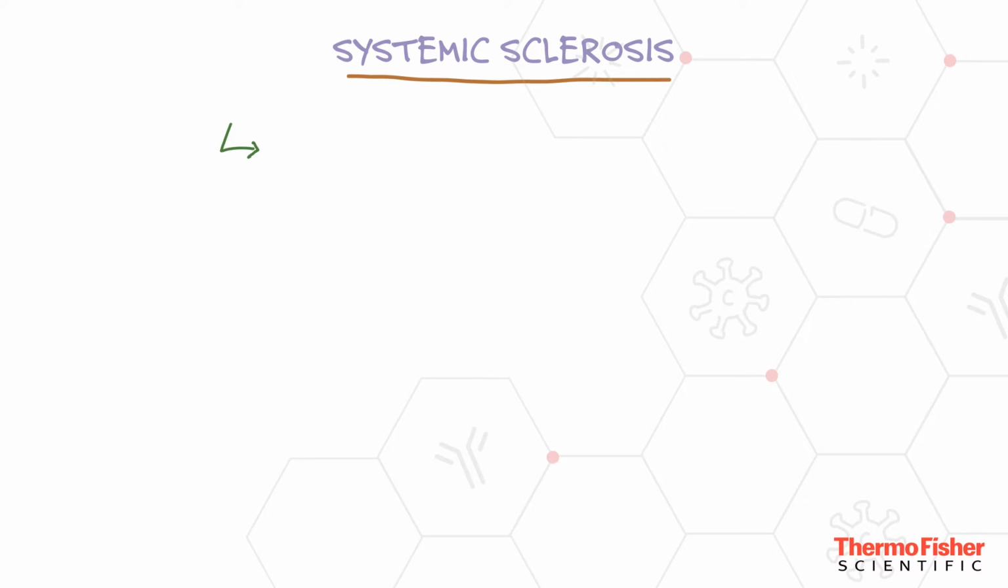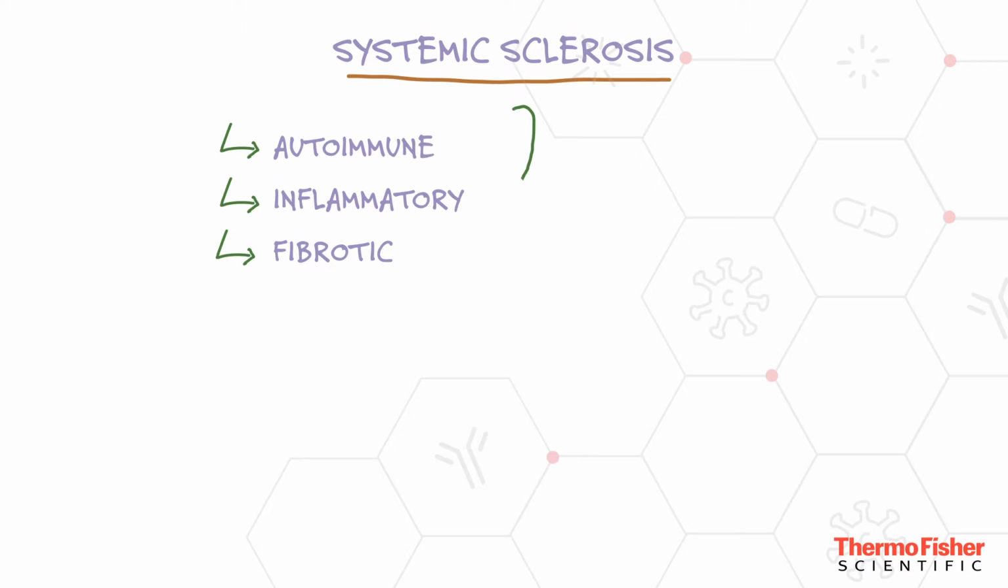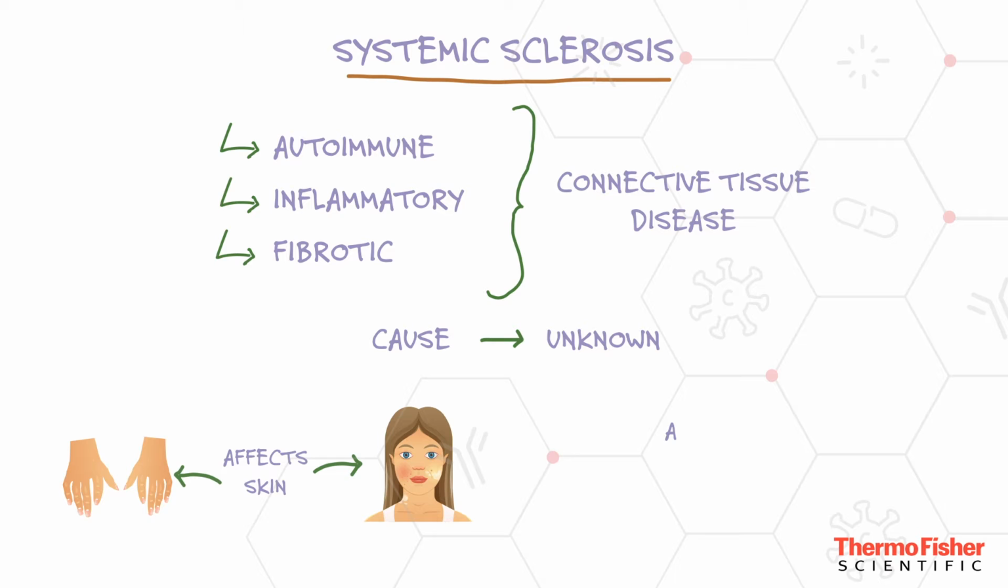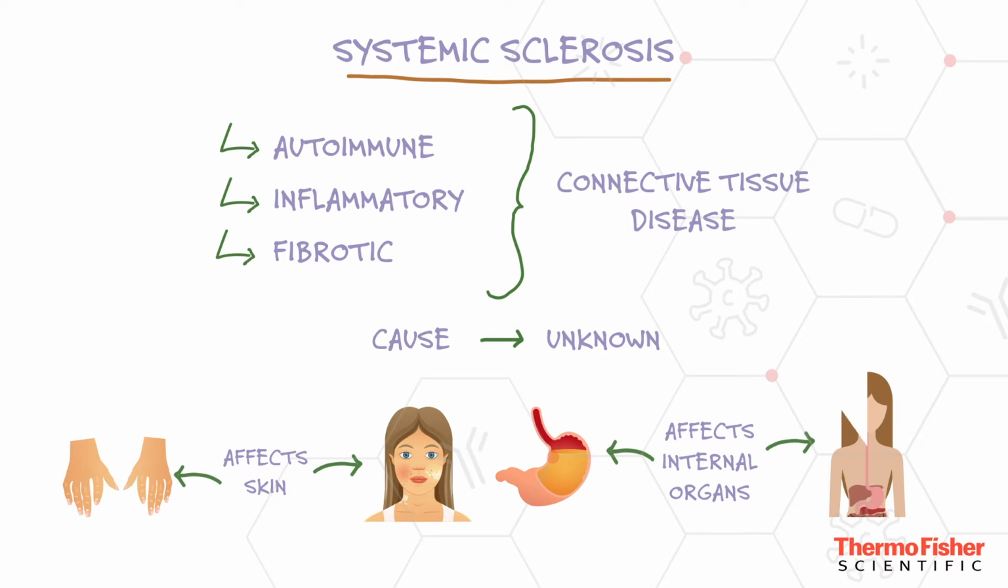Systemic sclerosis is an autoimmune, inflammatory, and fibrotic connective tissue disease. The cause of the condition is unclear. It most notably affects the skin in all areas, but it also affects the internal organs. Systemic sclerosis is characterized by deposition of extracellular matrix, which results in thickening of the skin, and abnormalities of small